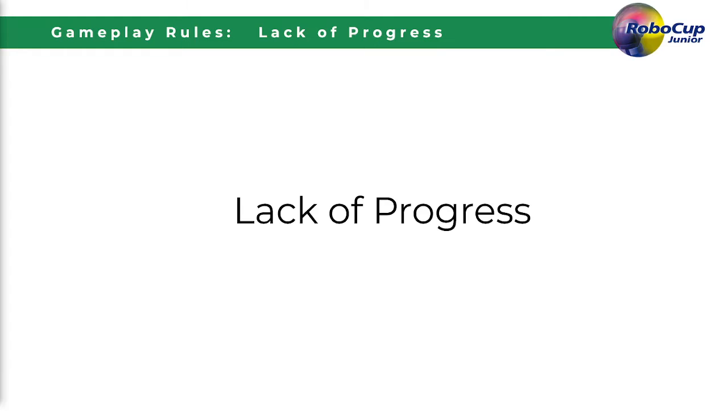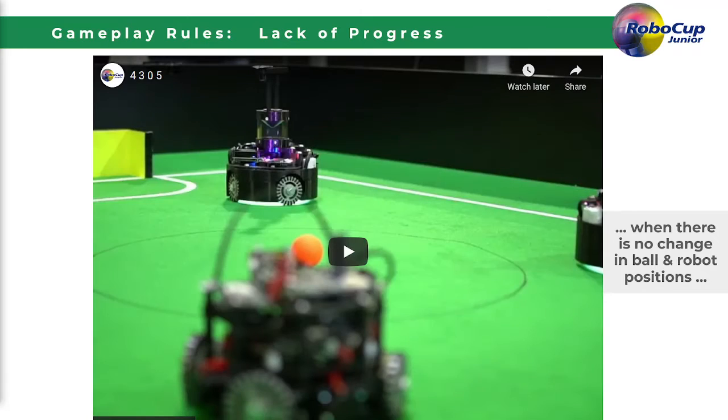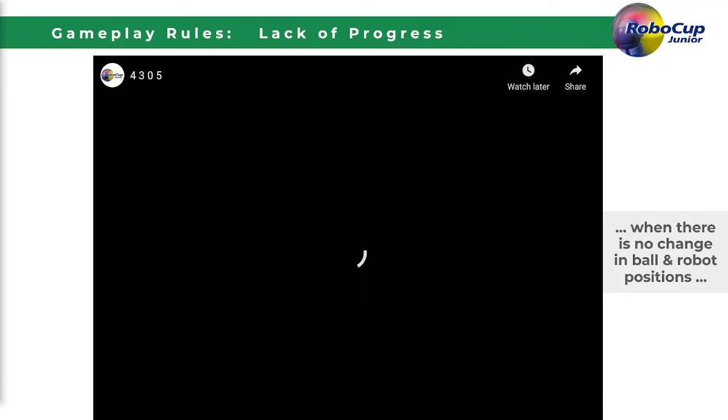play. Lack of progress occurs if there's no progress in the gameplay for a reasonable period of time, and this situation is not likely to change. Typical lack of progress situations are when there's no change in the ball or robot's position, like in this video,